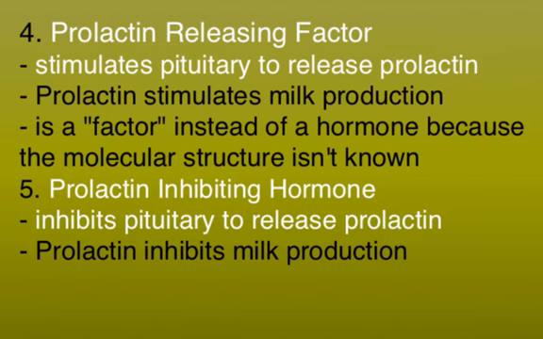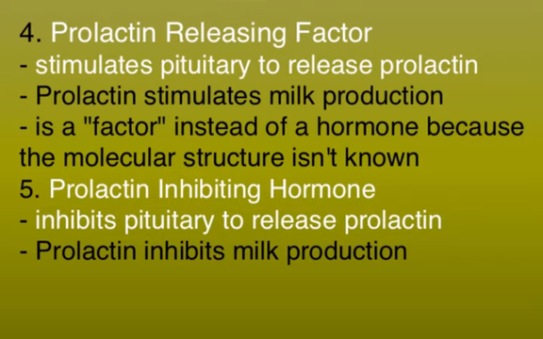4 and 5. The hypothalamus releases two prolactin regulatory hormones, prolactin-releasing hormone and prolactin inhibitory hormone. These two regulatory hormones will travel to the anterior lobe of the pituitary to trigger the release of prolactin from the anterior lobe. Prolactin inhibitory hormone and prolactin releasing factor have opposite effects. Prolactin releasing factor will stimulate the release of prolactin from the anterior lobe of the pituitary, where it will stimulate milk production in the mammary glands. Milk production will only normally occur in a lactating female.